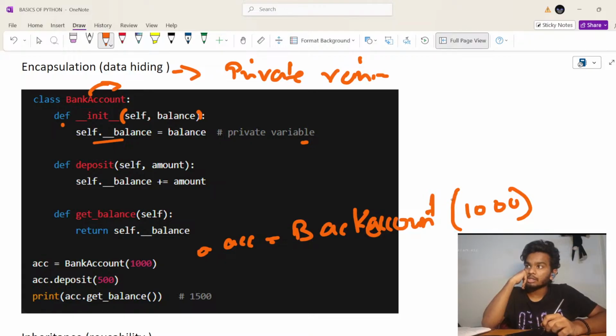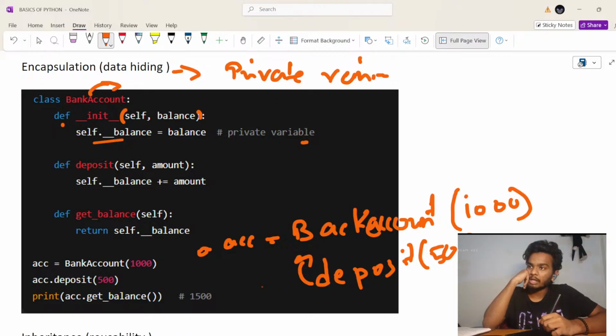We assign this value as 1000, and in this account, this 1000, we are going to deposit 500 in this bank account, like account.deposit(500). When we give an amount in this parameter,